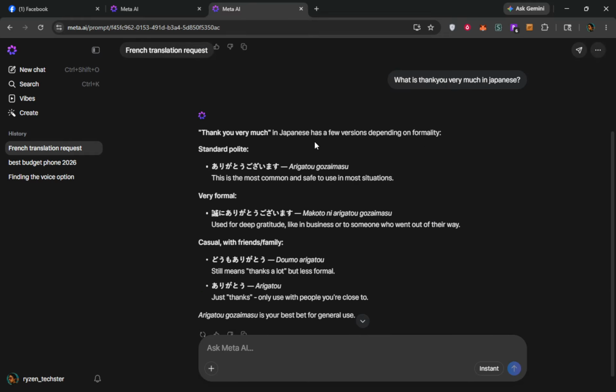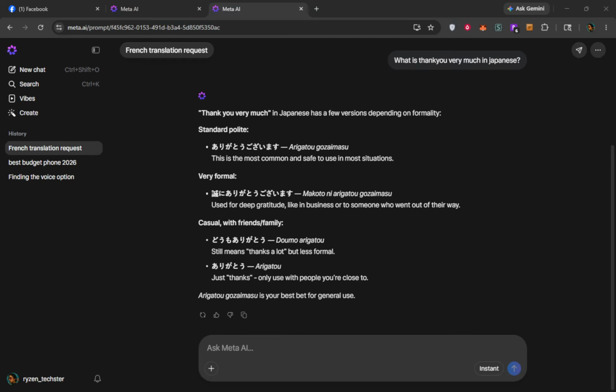That's it. Open meta.ai, type what you want translated with the target language, press Enter, and adjust the result with simple follow-up prompts. With this approach, you can translate everyday phrases, travel